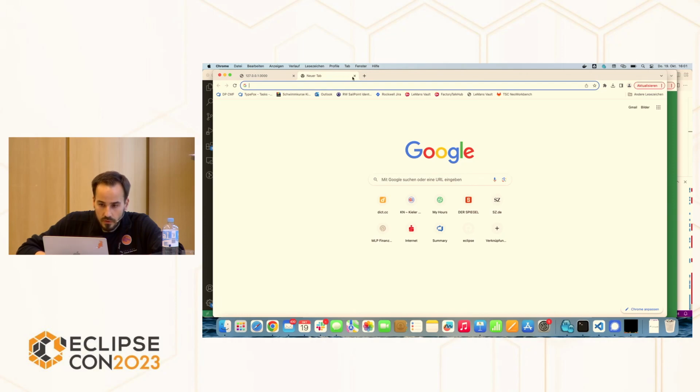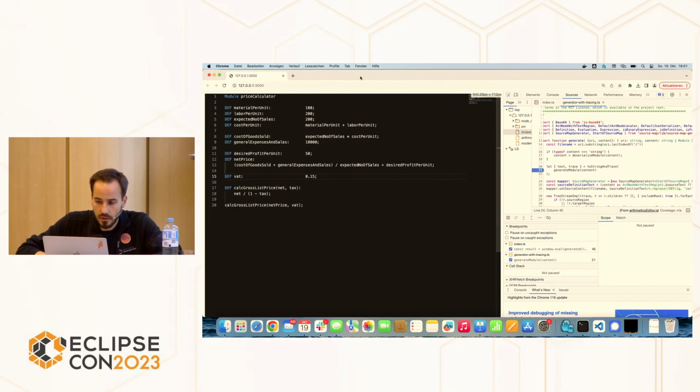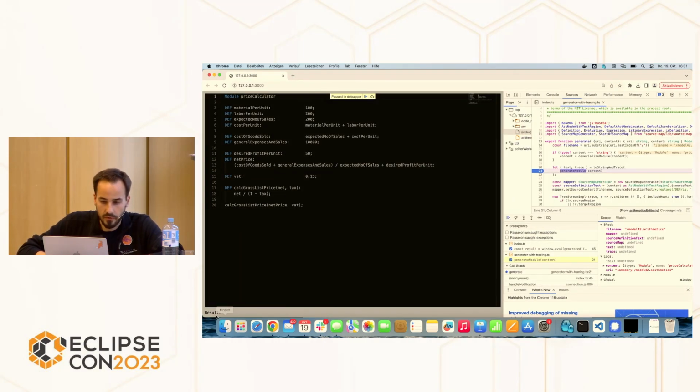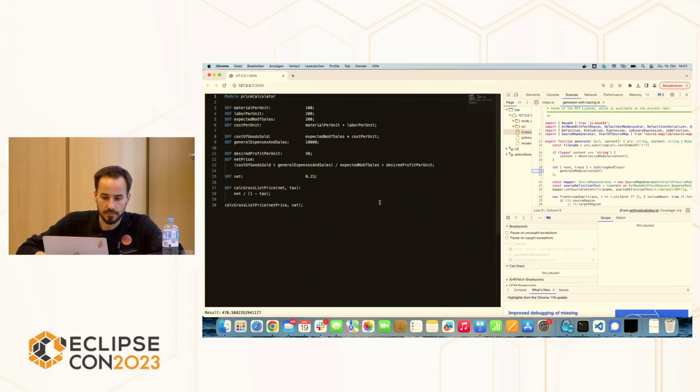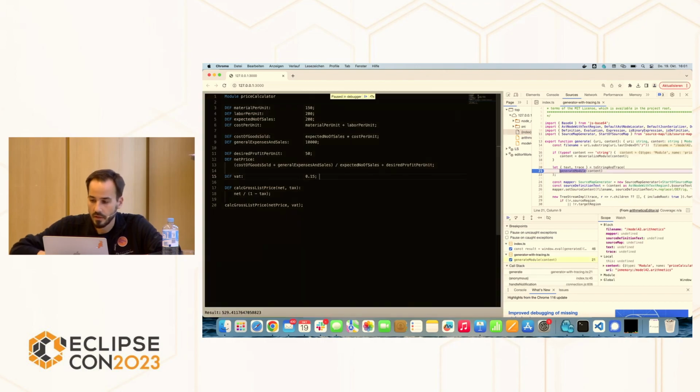I want to see the result. Here we have some result value. So if we change some values here, our calculator calculates a new result. And for demo purposes, it does that by generating code actually. So I activate my breakpoint, go in here,